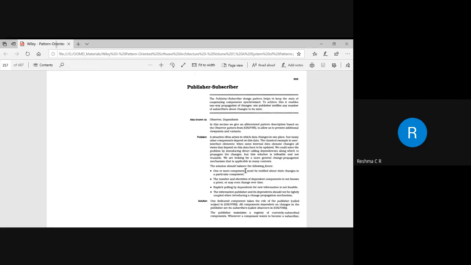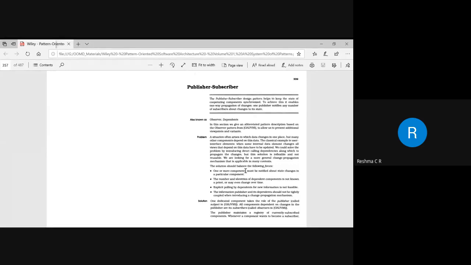Okay. So the problem that we are trying to define for a publisher subscriber is that it should have the following forces. One or more components should be notified about the changes. So the number of dependent components has to be identified, and whenever there is a change, that has to be notified. And next, explicit calling by dependents for the new information should not be feasible.